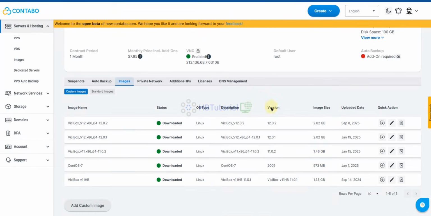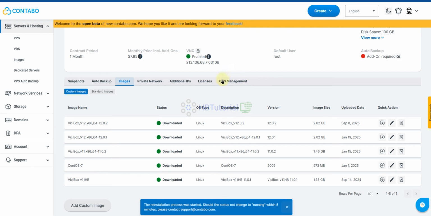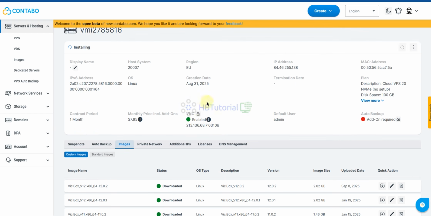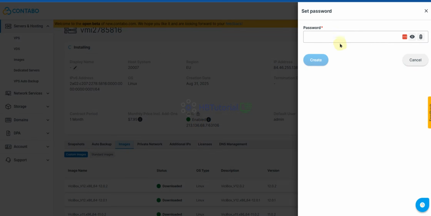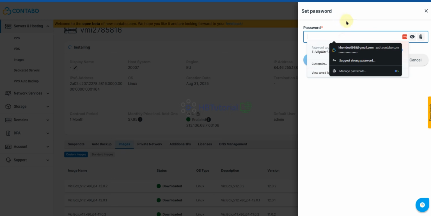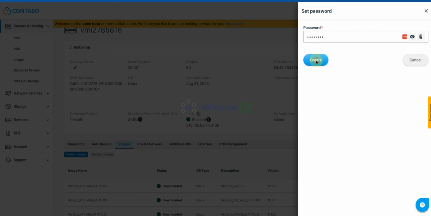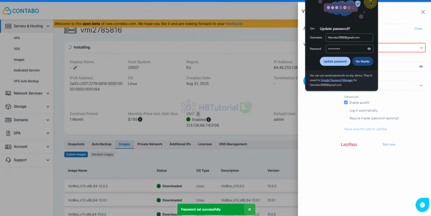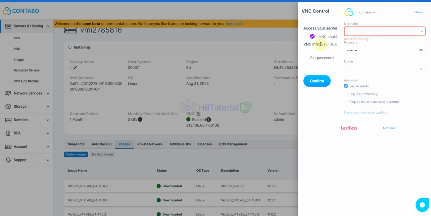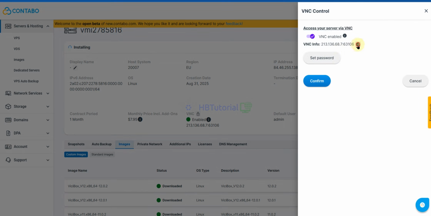Then we need to access our VNC. Set the password. Create the password, and then you need to copy this one.